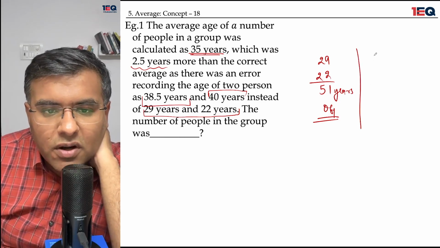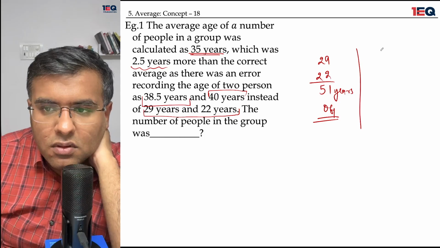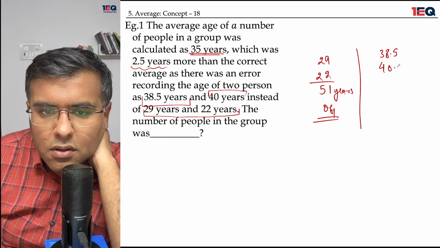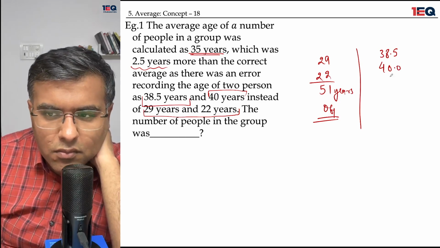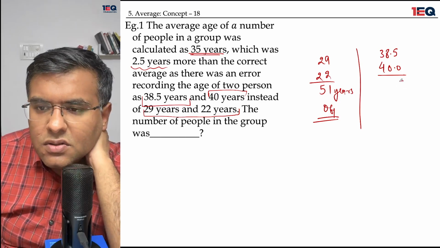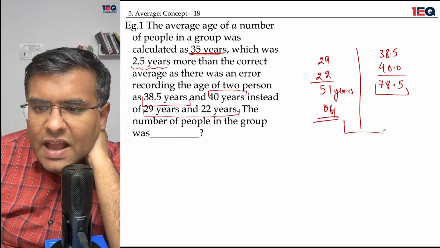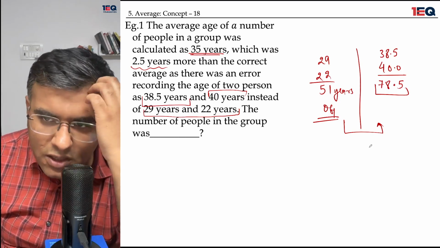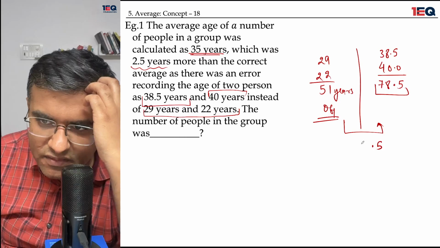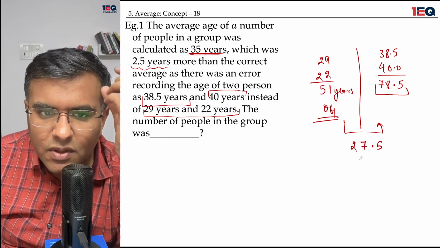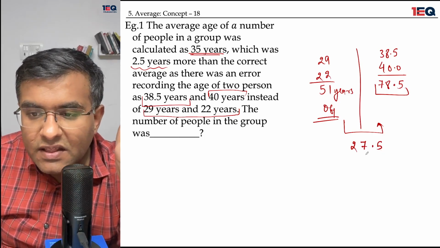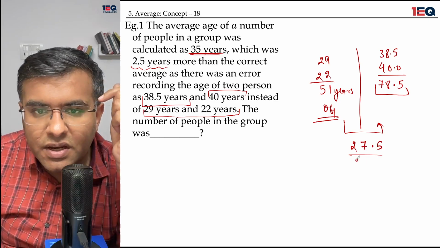And what was recorded? The thing that was recorded was 38.5 and 40 years. Summing these, we get 78.5. So the gap which I see is 78.5 minus 51, which is 27.5. This 27.5 gap was created,